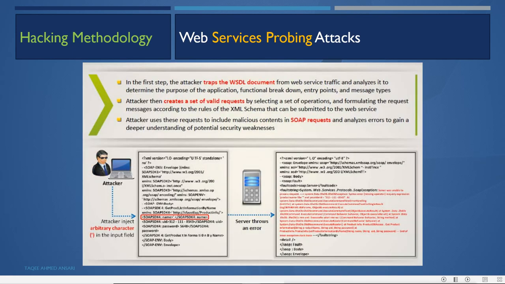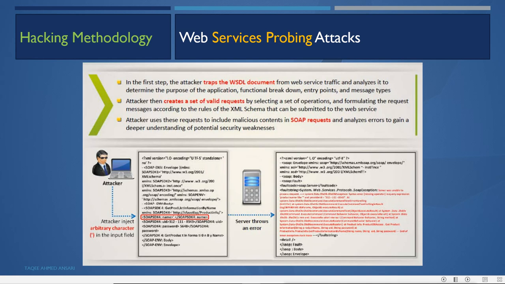Web services probing attack. In the first step, the attacker traps the WSDL document from web service traffic and analyzes it to determine the purpose of the application, functional breakdown, entry point and message types. The attacker then creates a set of valid requests by selecting a set of operations and formulating the request messages according to the rules of the XML schema that can be submitted to the web services.